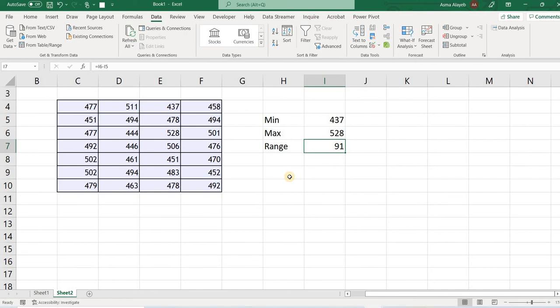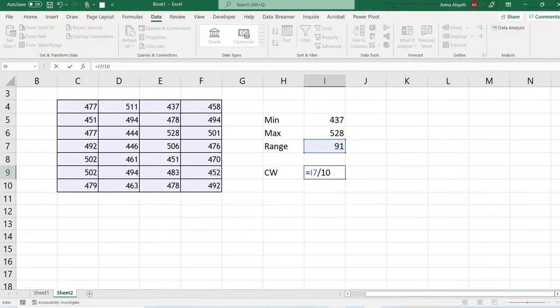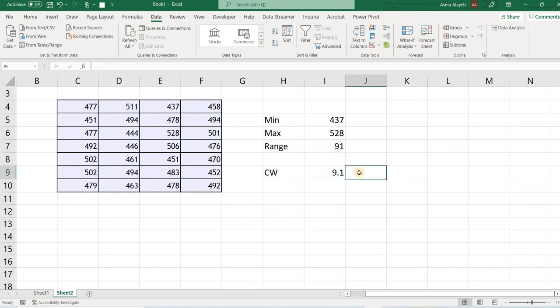Now, if I want to do the rest of the operations, I want to find the class width. I know that the class width is equal to the range divided by the number of classes. Let's say for this one, I choose the classes to be 10. I'm going to follow the question, which actually suggests that I have 10 classes. So I divided the range by 10, and that is going to give me 9.1. Now I'm going to round this number to a nice number,